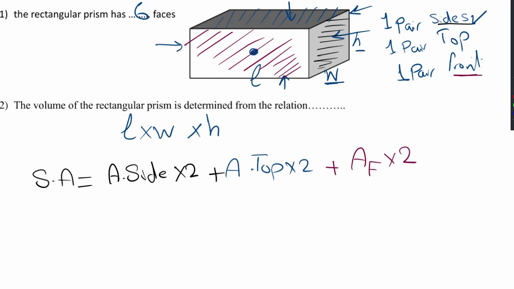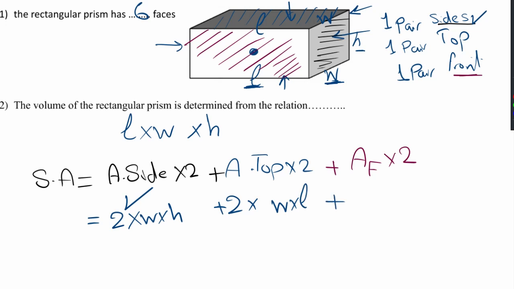This is the side. 2 times W times H, plus the area of the top. The top has which dimensions? This is a rectangle, this side is L, so this side will also be L. And this side is W, so this side will also be W. So the area of the top is 2 times width times length, plus